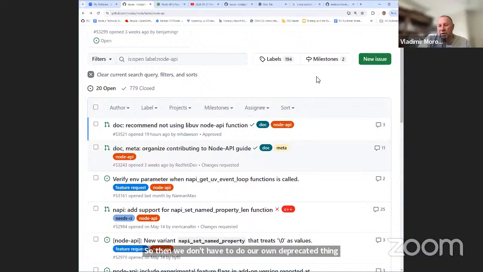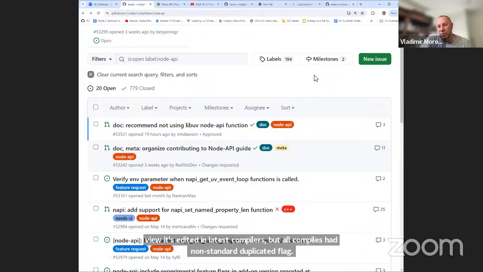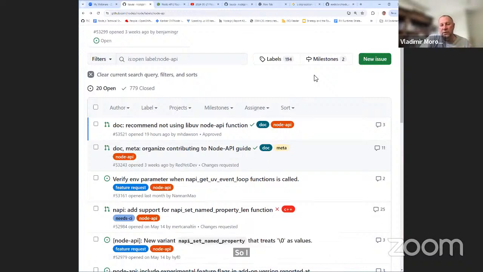I think what happened is that some compilers like GCC and MSVC have had a deprecated flag for a long time. Technically, this new square bracket attribute was added in the latest compilers, but all compilers have a non-standard deprecated flag. So I guess it's possible to use even for C, but it will be compiler specific.